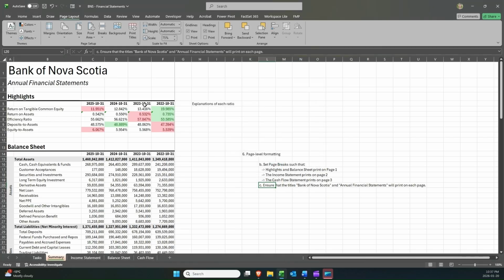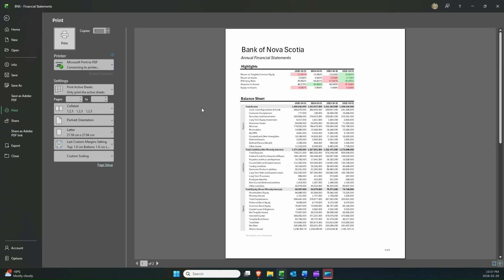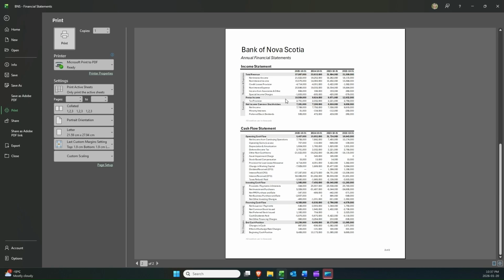Now, if I go to my print preview, I have Bank of Nova Scotia, as I did before, on page 1. If I go to page 2, it repeats Bank of Nova Scotia annual financial